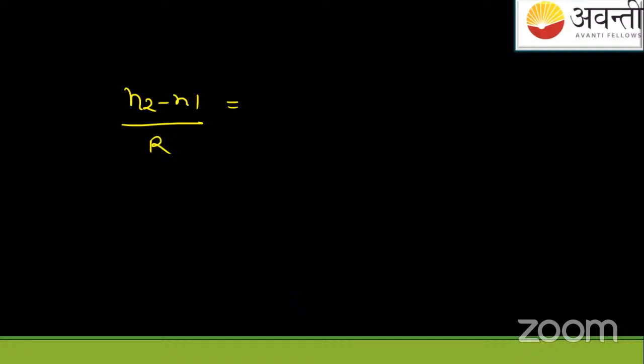So this is N2. This is N2 minus N1. This will be N2 upon V minus N1 upon U. If you see N2 value, it is 1.5. 1.5 minus 1, radius of curvature is